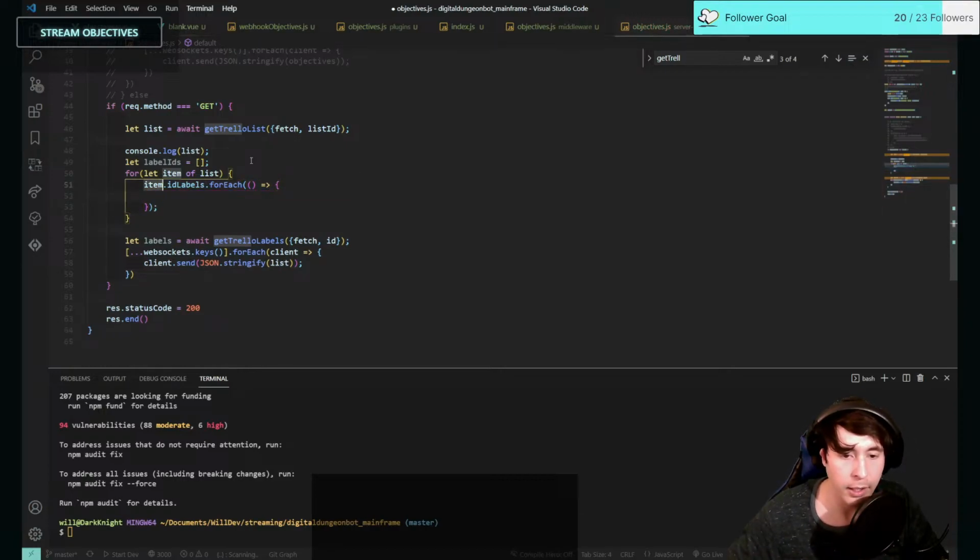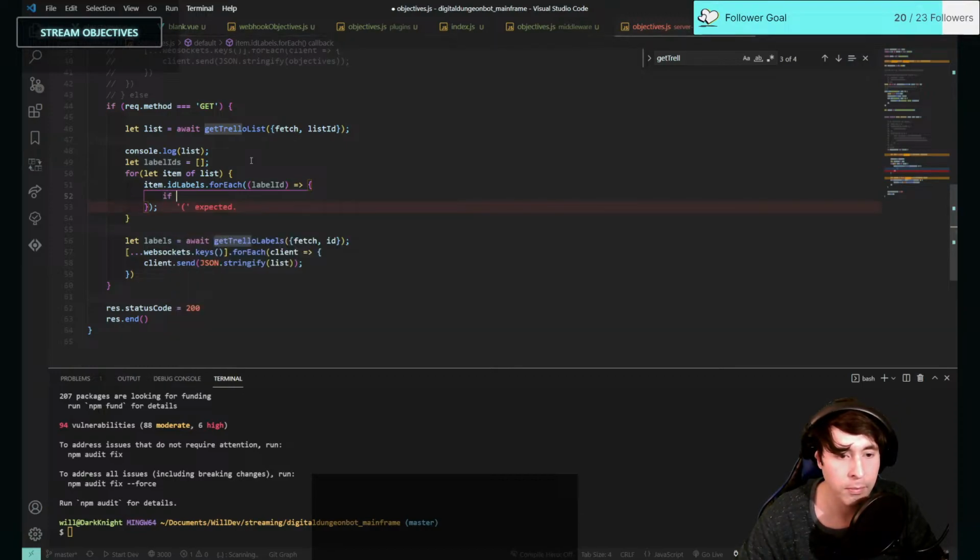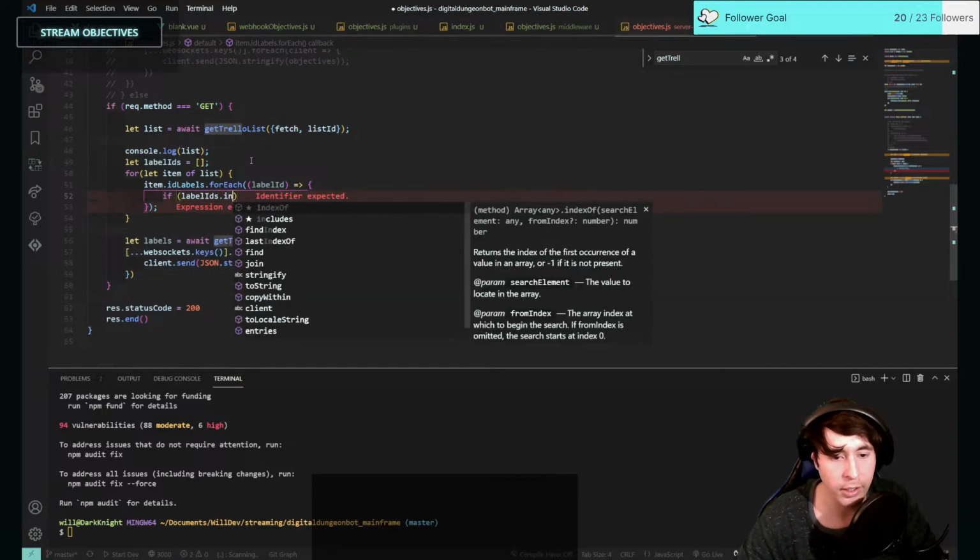Okay, and let's just call this label ID. And basically what we'll do is check to make sure that label IDs dot includes